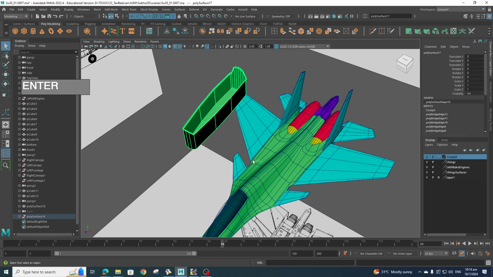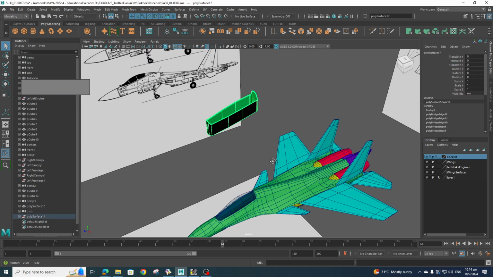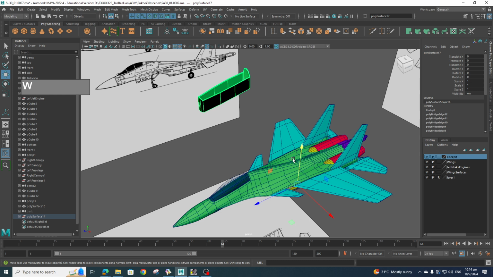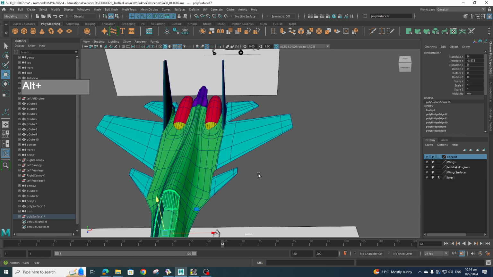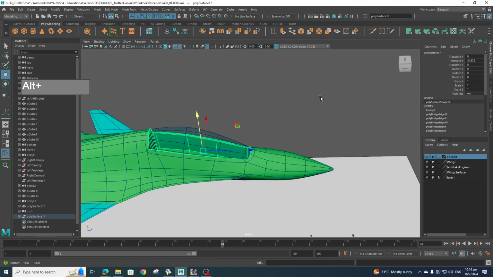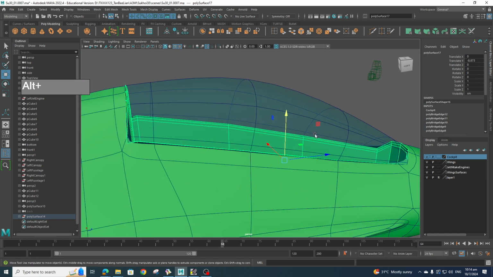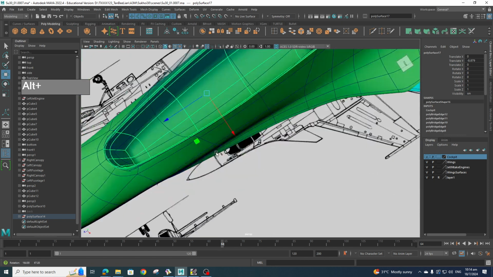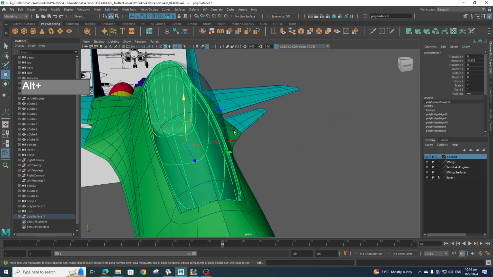So now you can select this section, and I'm going to center the pivot and bring this down. So now at least we have an internal space which we can use to put our ejection seats and the pilot compartment. So right now it's empty. Okay,